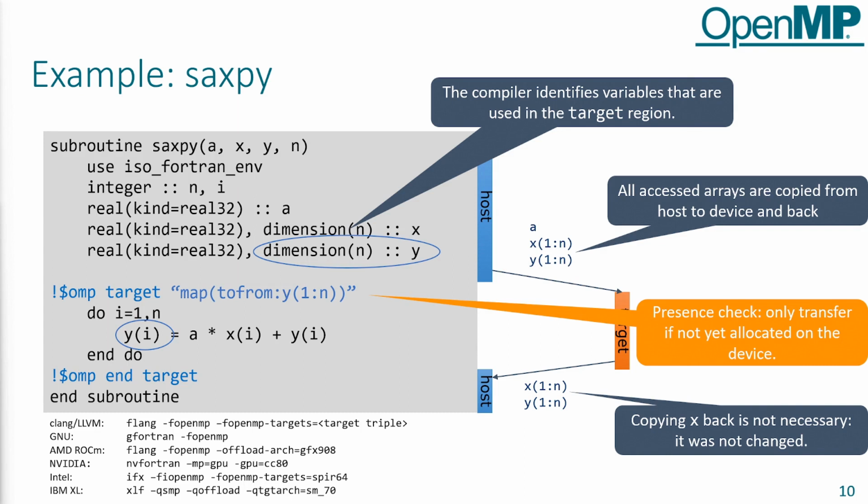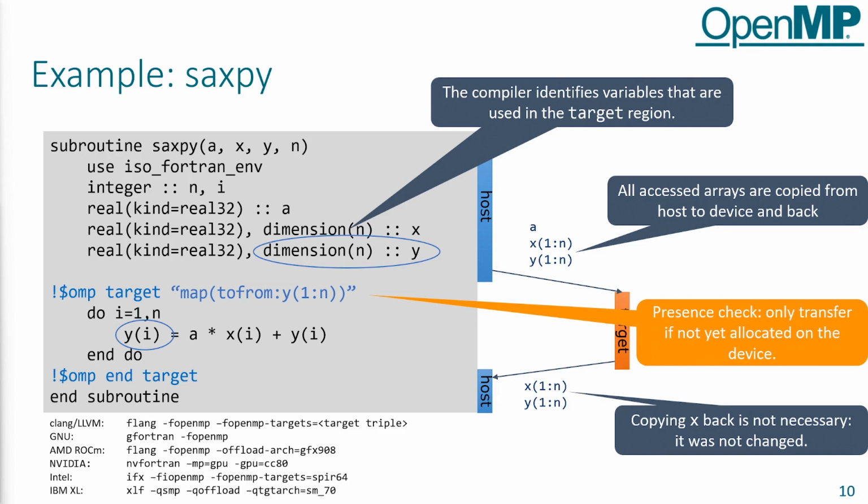All right, and then there's this orange box here saying presence check, right? And this is actually the reason why I put the map clause here into quotation marks. What this actually means is that the compiler doesn't introduce the map clause, but it does something that OpenMP calls the presence check. So anytime there's an offload region that doesn't have map clauses for objects that are used inside that offload region, the compiler will determine if a previous offload region has already mapped that data. So there's already a device buffer existing for the data object. And then it will reuse that data buffer for that particular